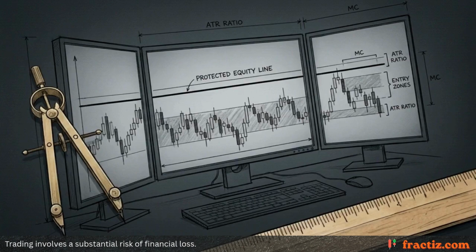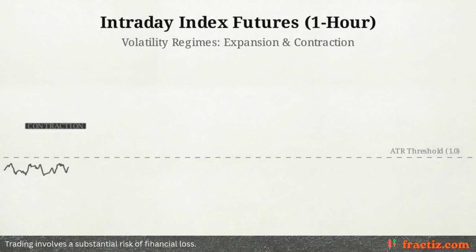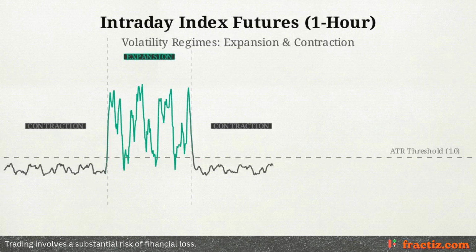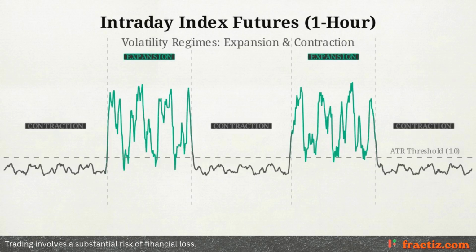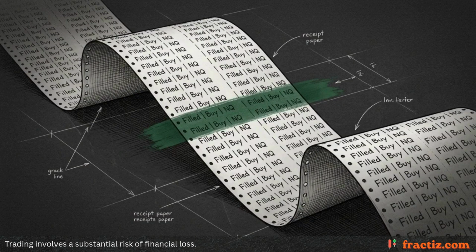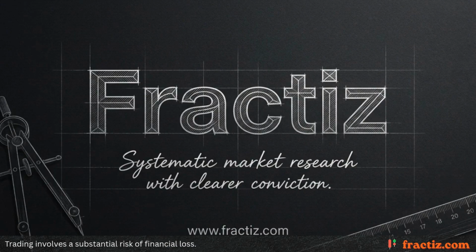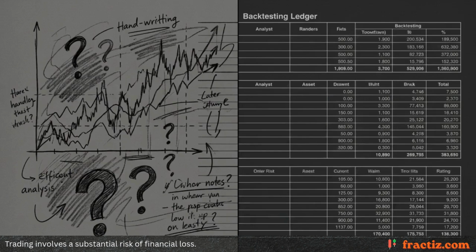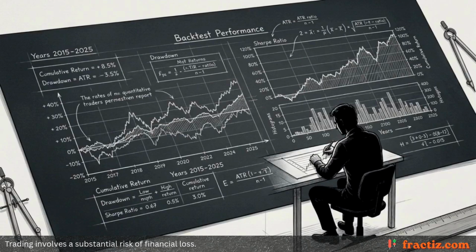Filtering plain Donchian breakouts through a comparative ATR ratio improves trade economy by keeping capital flat and safe during structural chop. Its ideal deployment zone is on intraday index futures, specifically the 1-hour timeframe, where active and quiet phases clearly alternate. To verify the data, review the complete, granular order tape, which lists every fill, commission, and timestamp for these runs. You can test your own custom parameters and contracts by running the backtests on the platform. In systematic trading, evidence must replace guesswork. Only rigorous, realistic backtesting can validate if a mechanical theory actually holds up to market reality.